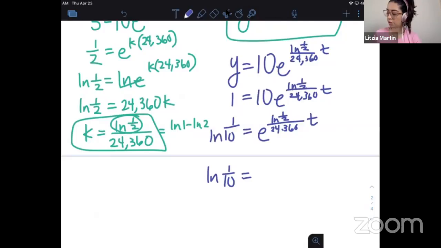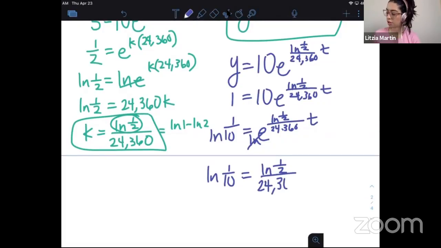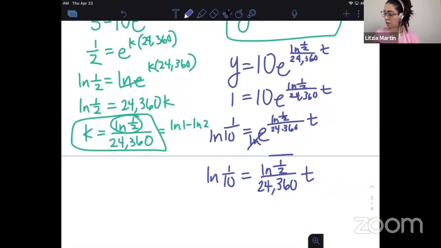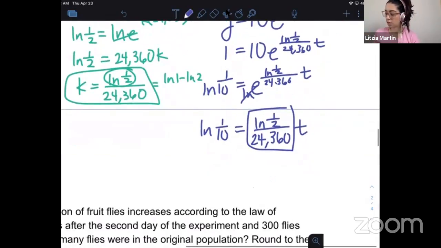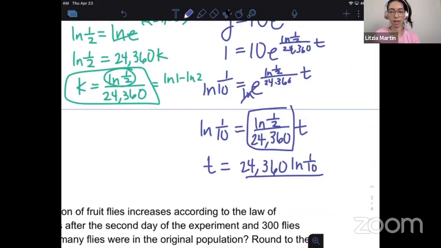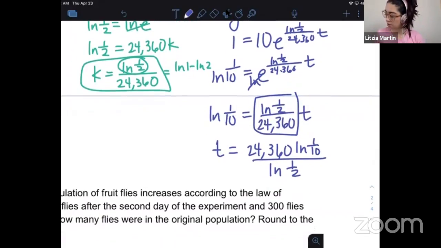Let me just write it here so we know those are going to cancel. And then we're just left with ln of 1/2 divided by 24,360 times t. And then the last step to solve for t, I'm just going to multiply by the reciprocal of this fraction. So t is equal to 24,360 times ln of 1/10 divided by ln of 1/2. So there's t, and then you can just plug that into your calculator, and that is going to be approximately,